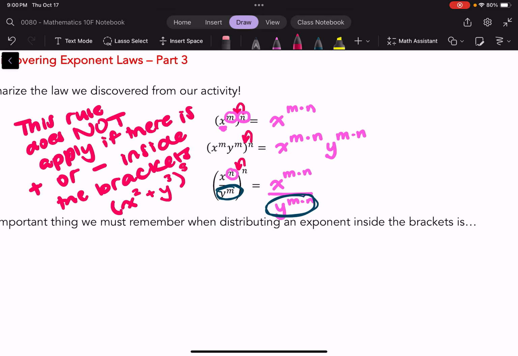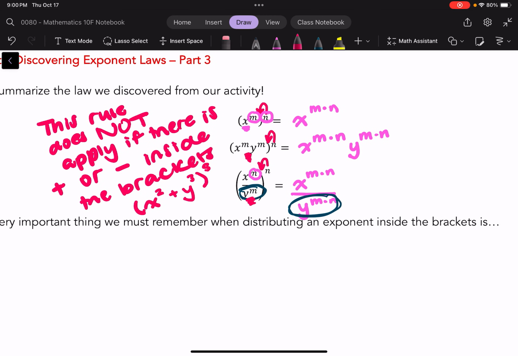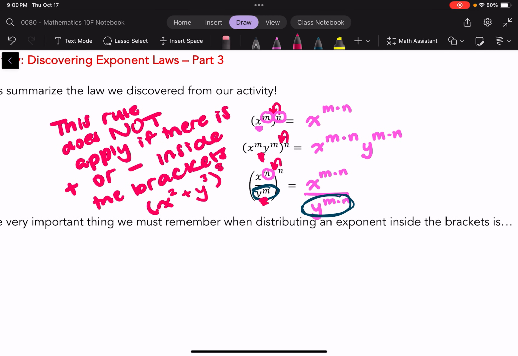It does not work for addition. It does not work for subtraction. The only time it works is in multiplication, division, or just being a single power on its own. This is a really important piece of information to grasp onto. And it's probably a really big common mistake that we see not only in grade 9, but continuing in grade 10. So if you can nail that down now, you are going to be super ahead and prepared for next